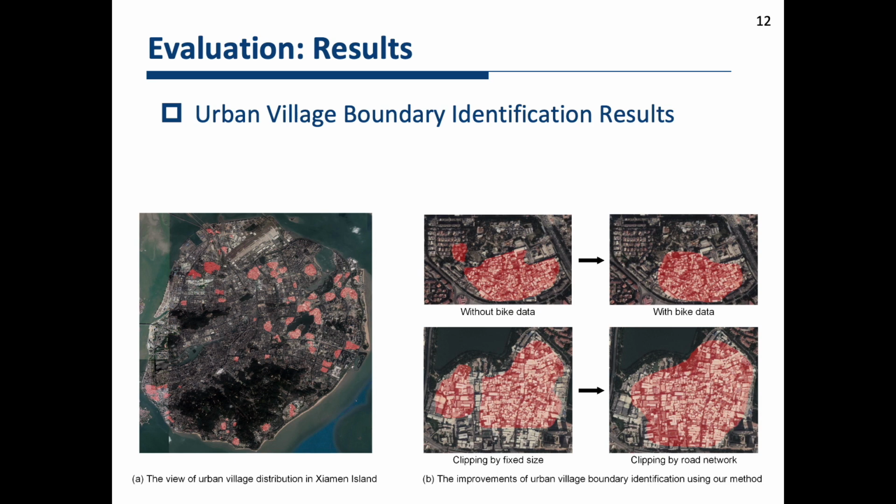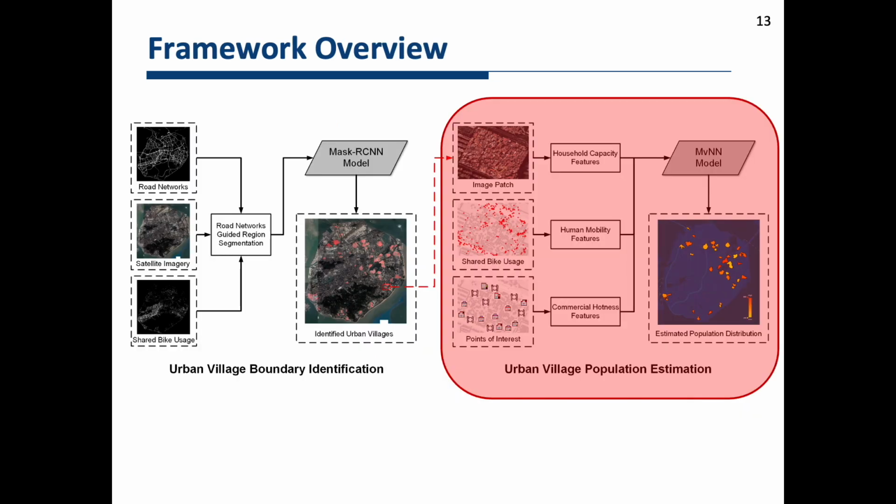Here, we show an illustrative example of urban village boundary identification results. We can see that with the help of bike usage data, we can safely avoid residential areas from being identified as urban villages. And also, by leveraging road network guided patches, we can identify the urban village without missing boundaries. And now let me introduce the second phase,